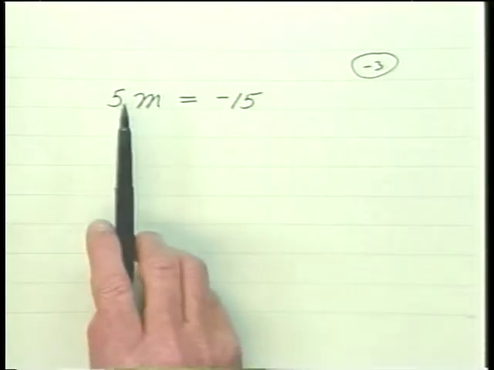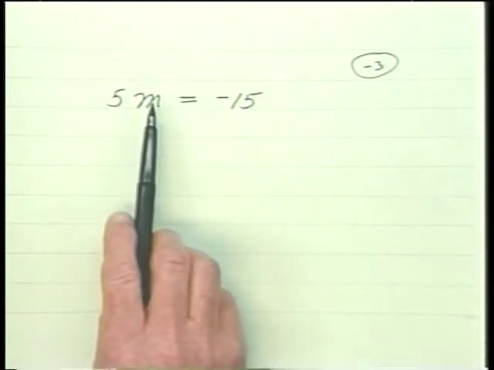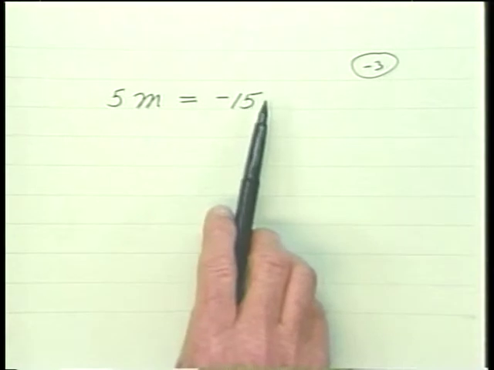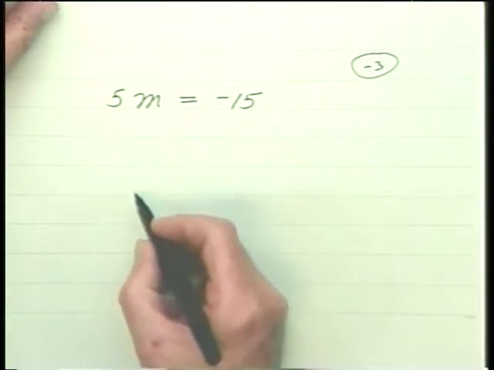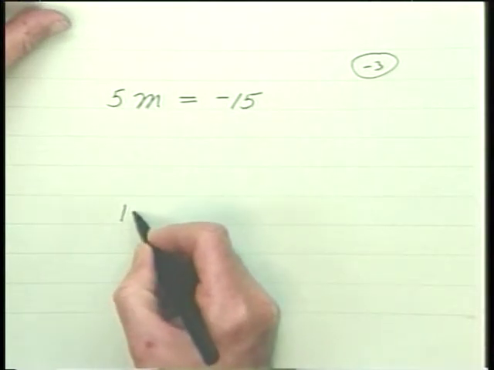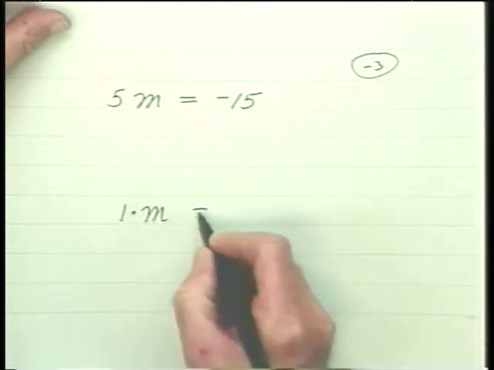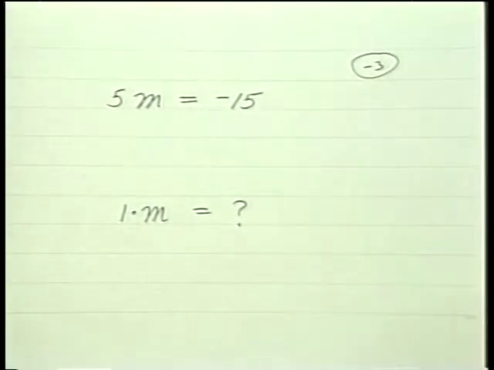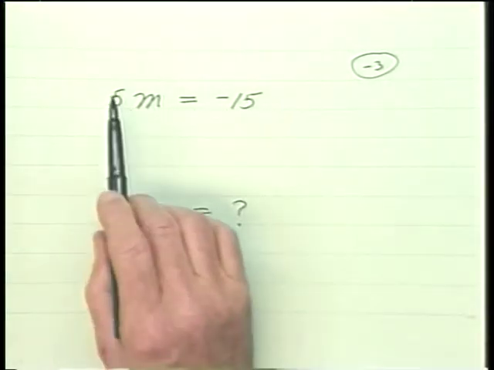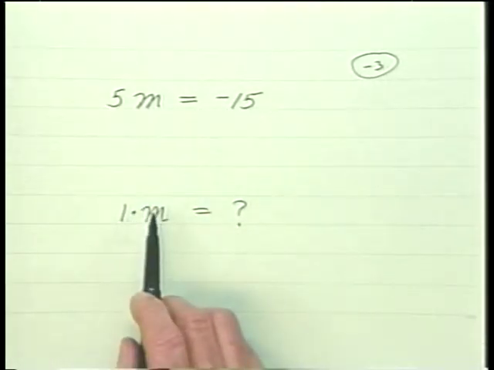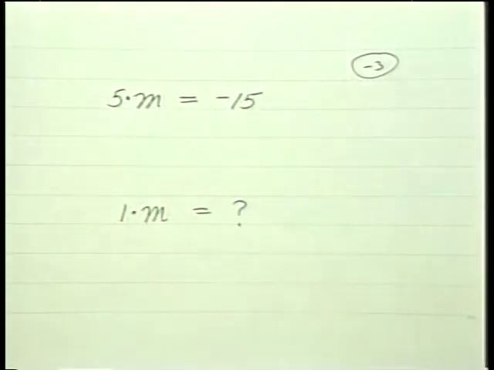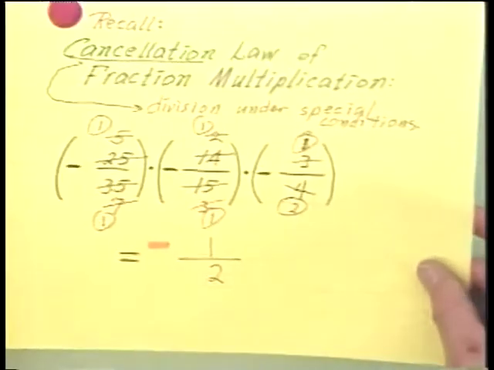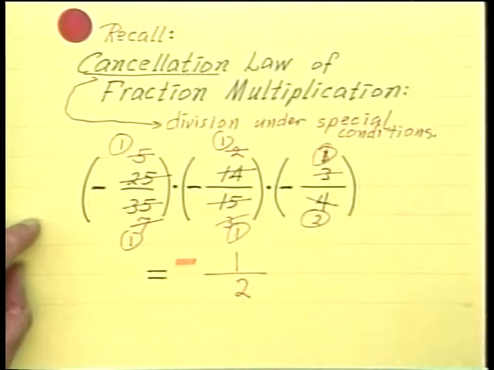The point is, this is telling us what 5 times the number m is. We don't want to know what 5 times the number is. We want to know what 1 times the number is. So if you think, I don't want a 5 times, I want a 1 times, and you think, since I have a 5 times there, and if you recall the cancellation law,